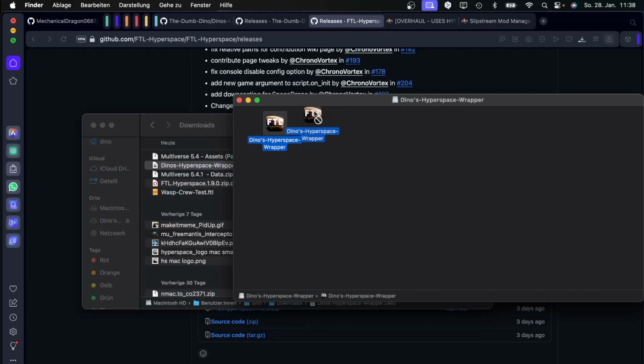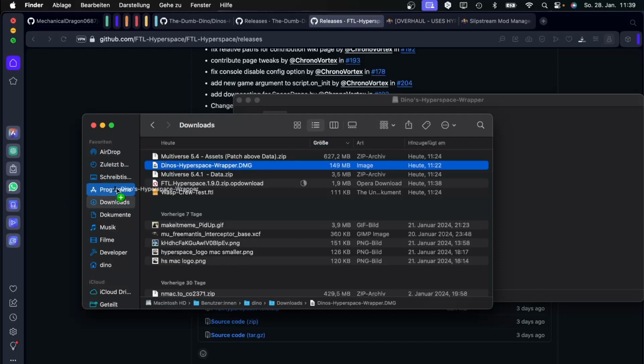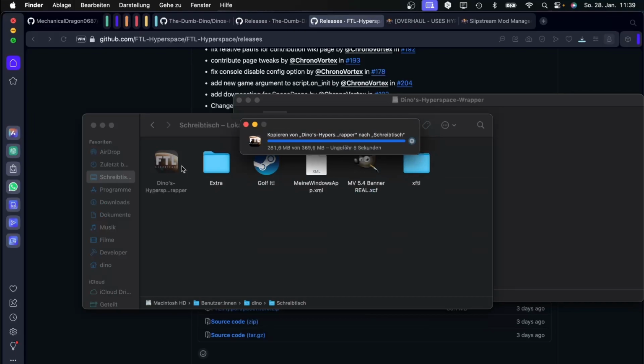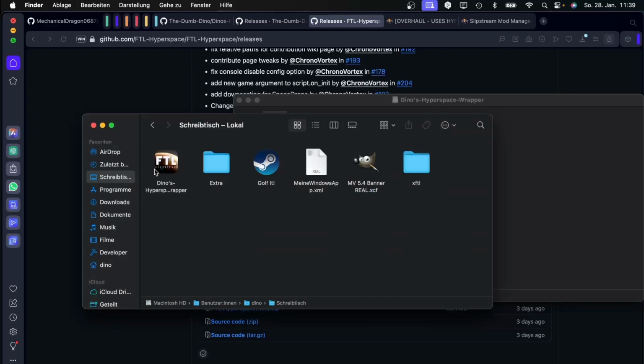Just drag and drop it into your Applications folder. I already have one set up here, so I'm doing it in my desktop folder just for the video, but it works the same. Now go to the folder you've moved it to and you'll see it's just an application like any other. Double click on it